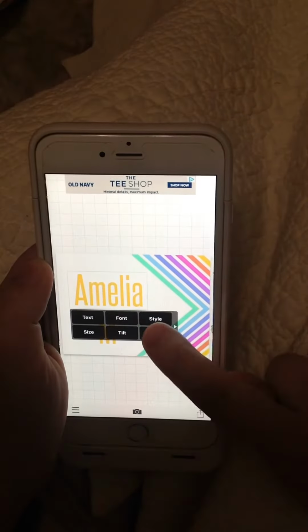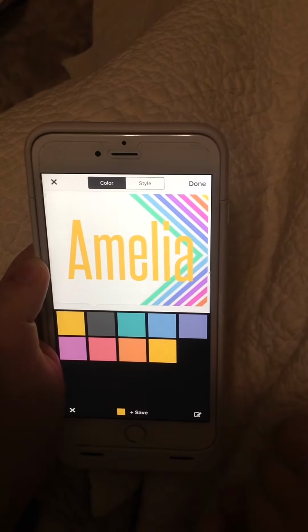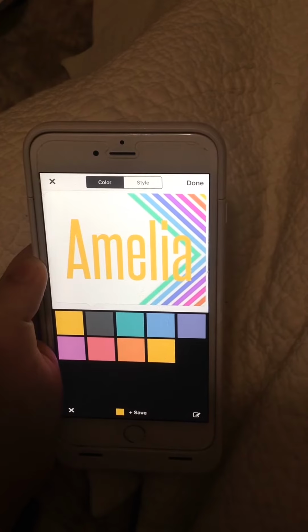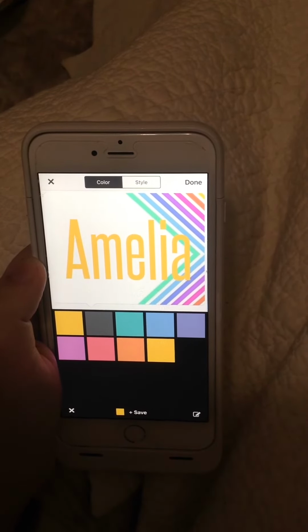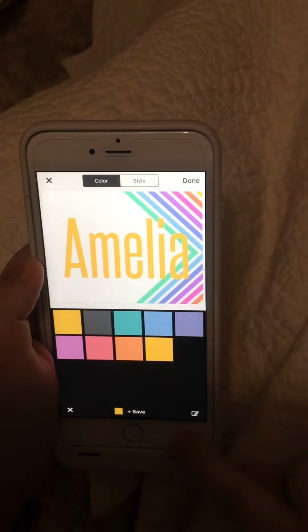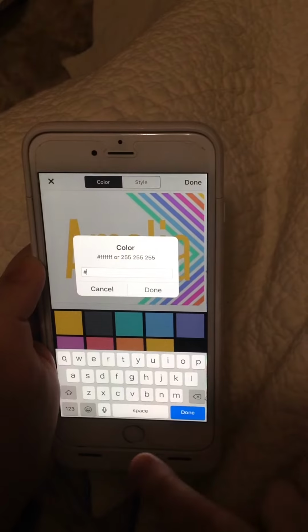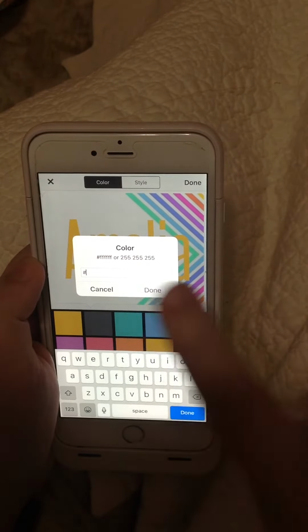The next thing you want to do is go to Style and click this box here. As you can see, I already have all of the colors downloaded. I have a duplicate one because I've already done a demo for someone before. What you're going to do is click on this box here, and it's going to ask you for one of these two codes here. So how you find those,